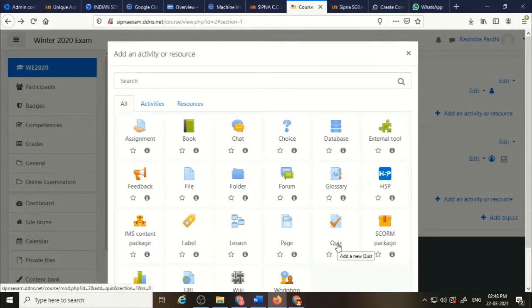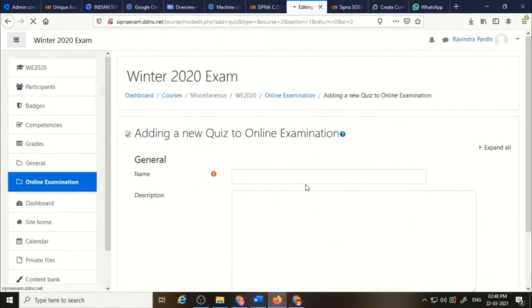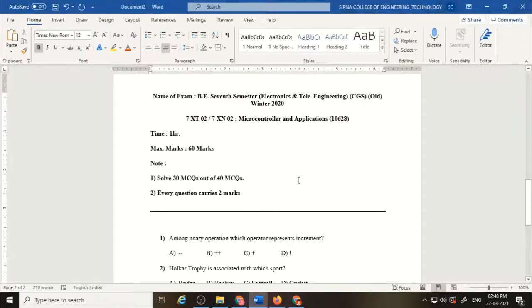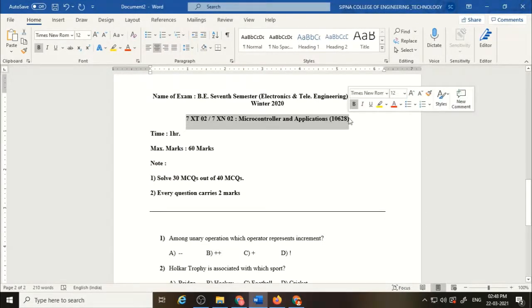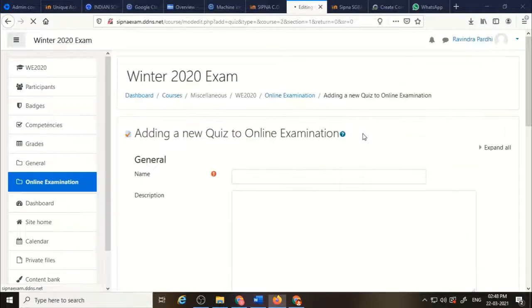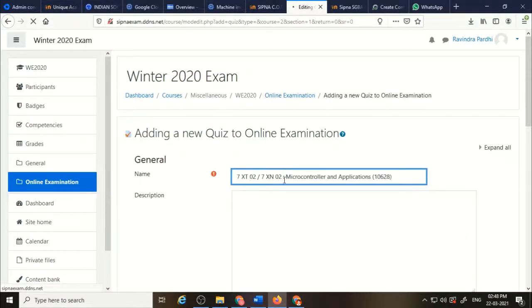Select a quiz under the activity section. Then in the name field, you have to provide the name of a question paper which you have received from the university. So copy the title from this page and paste it into the name field here.